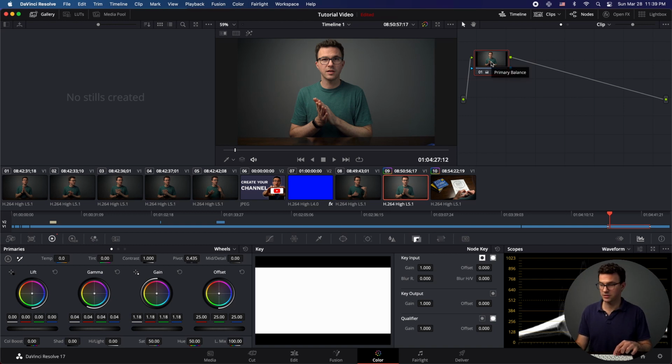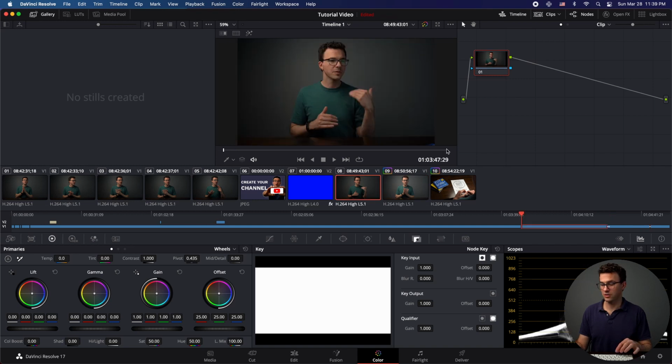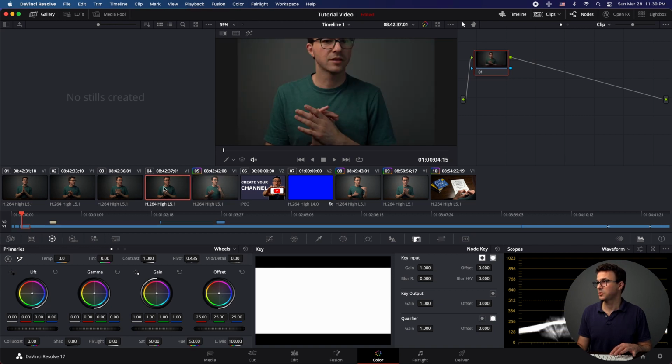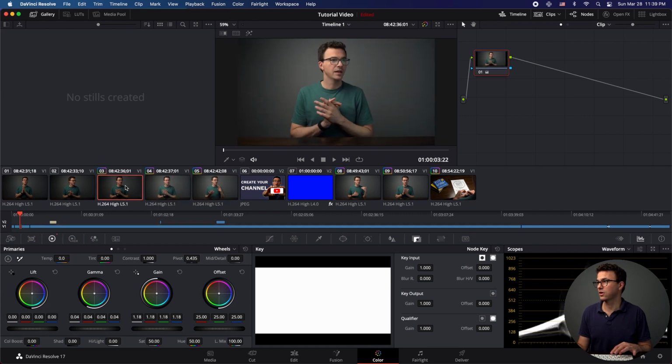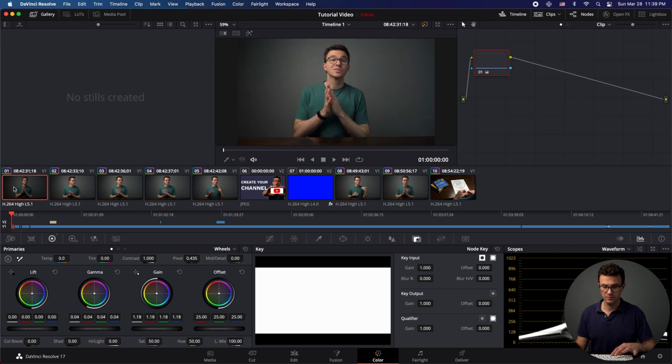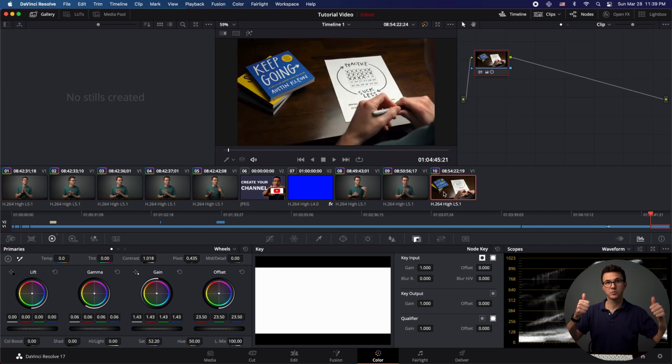hit Command C. And then if I click on this other video, I can just hit Command V, and it applied the exact same things. So you can see here, this one has not been applied yet, Command V. Let's paste it here. And so I could just go through all of these, so there's 2 more, Command V, Command V. Okay, so now I applied the same color grading across all of those clips and color graded this one as well. I think we're done with the video.